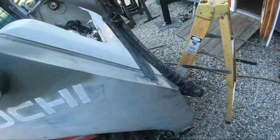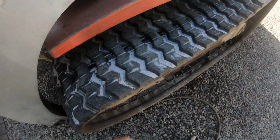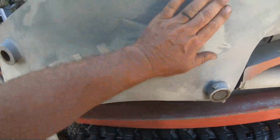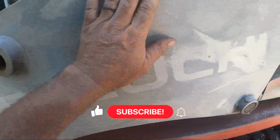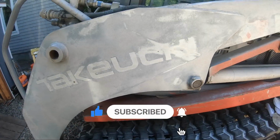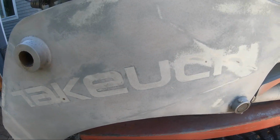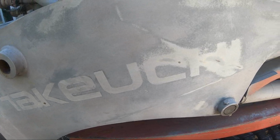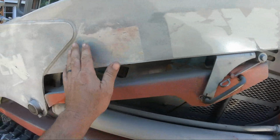So there's a couple spots I actually sandblasted, so that's what all this white sand is. I did all of this with the DA sander, which is air, and this took forever, and I kept running low on air. I got a big compressor in my basement, but with the constant running of the thing, the air would die down. So I did here, I got the sticker off with a razor blade,